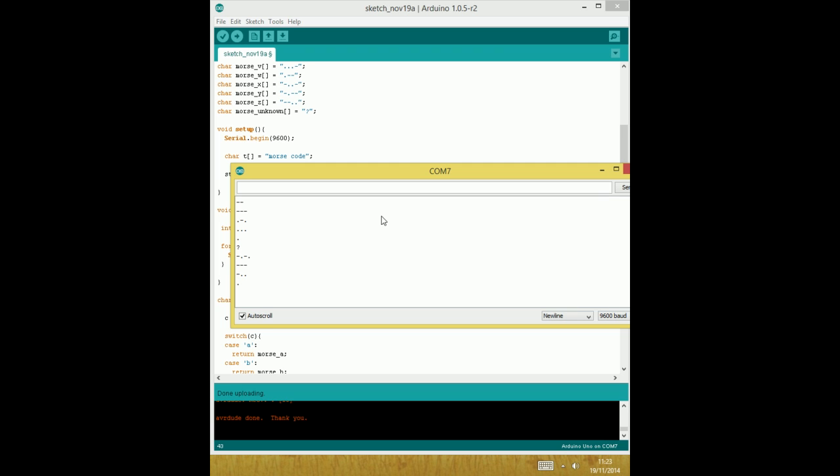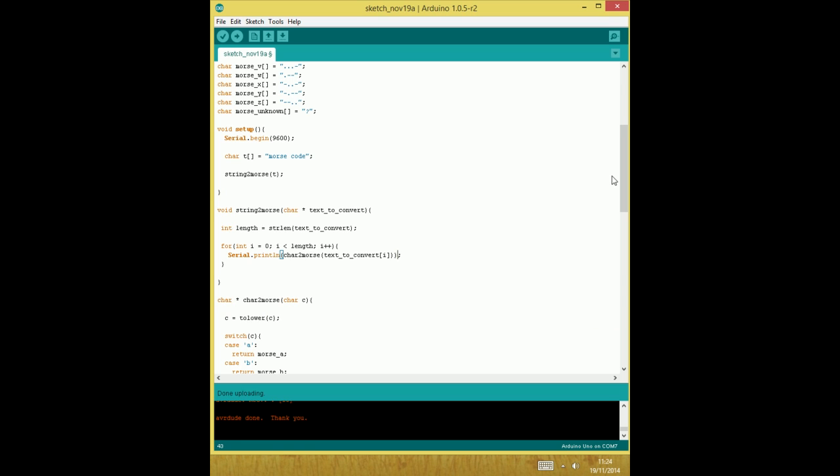Hey, lots of characters. So we've got M, O, R, S, E. We have a question mark, and that's because we don't have a Morse equivalent for a space. So it doesn't understand what a space is, so it just substitutes space for a question mark, and then we have CODE. So that seems to be working nicely, and we now have a function that will take a string of characters and output the Morse code equivalent for all those characters. Task 2.4